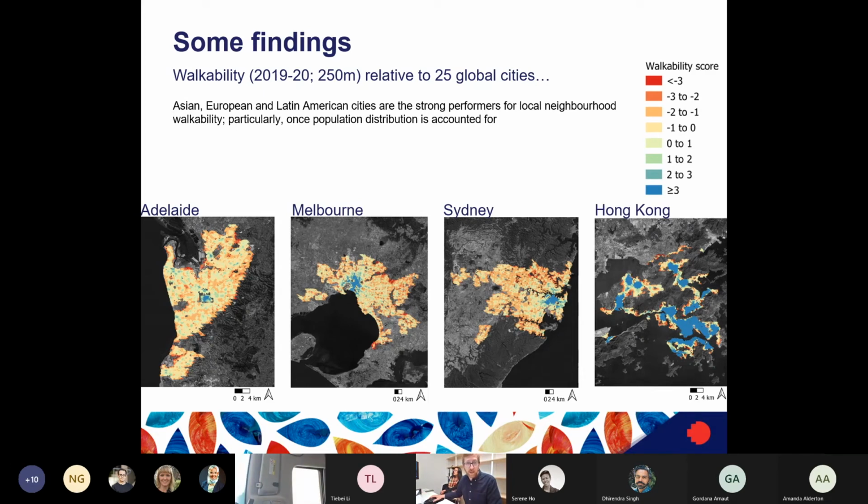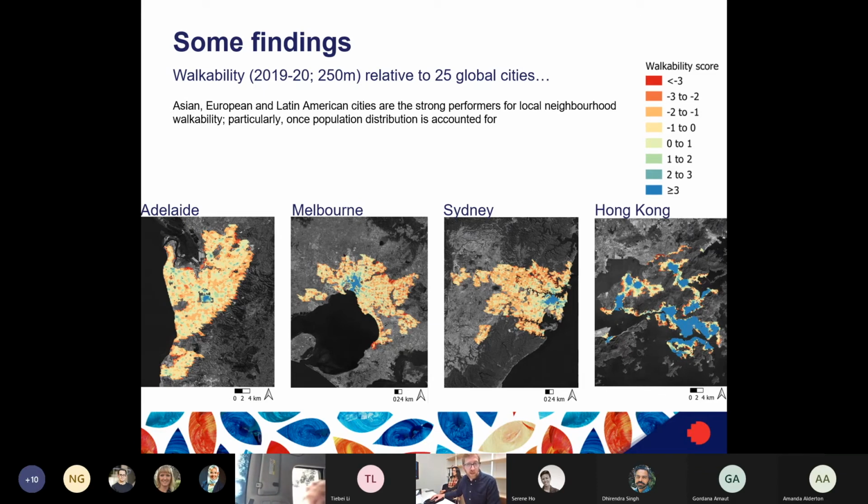Modeled at a 250-meter resolution, and this is relative to the 25 global cities. So there's a theoretical average of 0. The greener, bluer colours are trending towards well above the global average, whereas the redder colours are well below